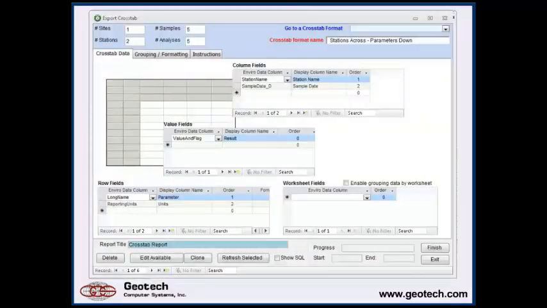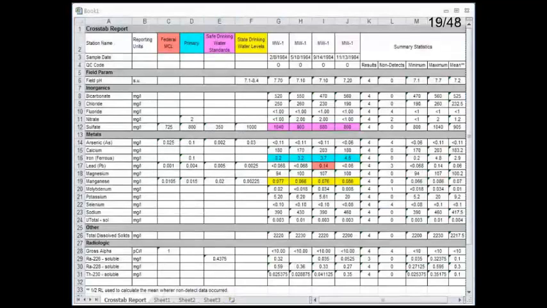Now, other people want to make tables. And with tables, there's kind of 2 ways of making a crosstab table: samples across, parameters down, or vice versa. So here, in this user interface, we're designing a table. And we say, I want my sample information, my station name and sample date, across. I want my parameter name and my reporting units down the side. And I want this formatted value and flag result in the cells in the middle. And elsewhere in here, I can go to other tabs and say I want to compare to reg limits and turn on some statistics and stuff. But the end result is something like